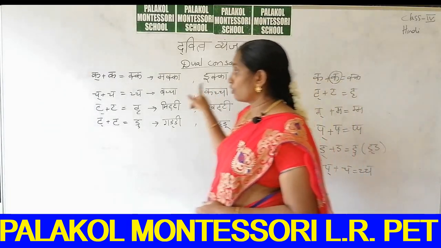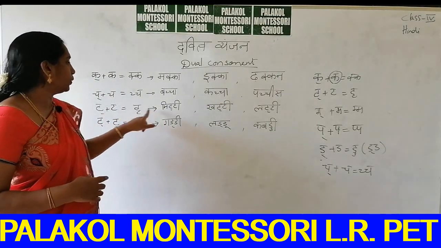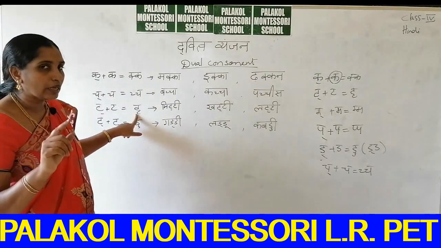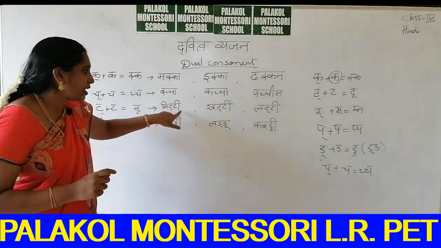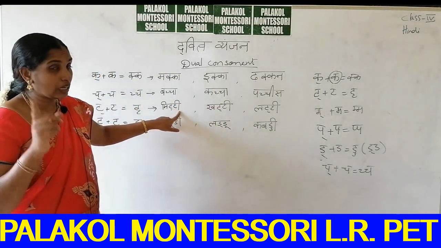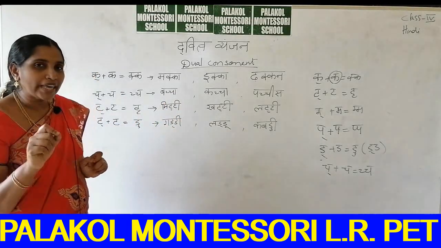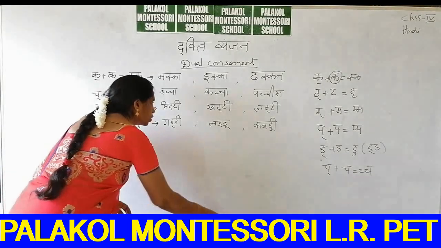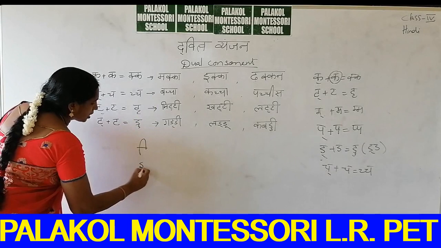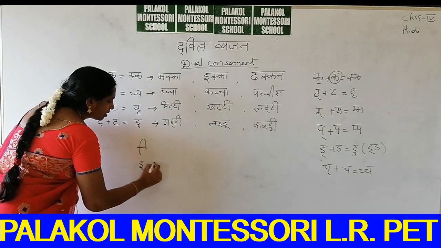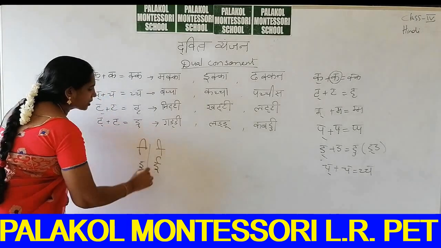Okay, children. So here once again, next, ta plus ta is equal to tha. What is that? Tha plus tha is equal to tha. So mitti. Ta ki e ki matra is here. Chote e ki or bade e ki? It is only bade e ki matra. What is the chote e? Chote means small e. What is small e? This e. And bade e means like this. Bade e ki matra is like this. Okay, you all know matras.